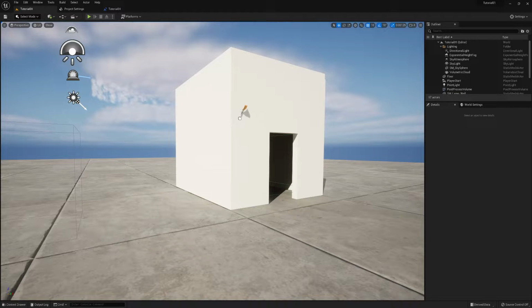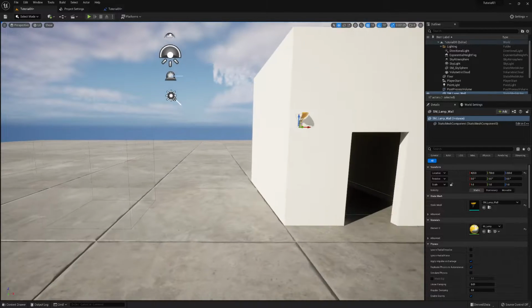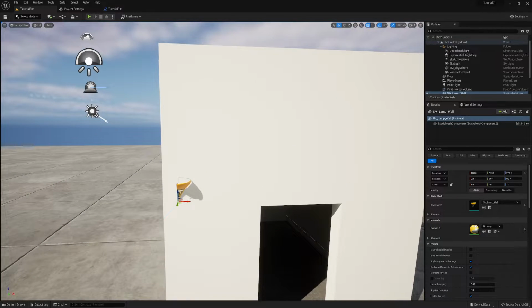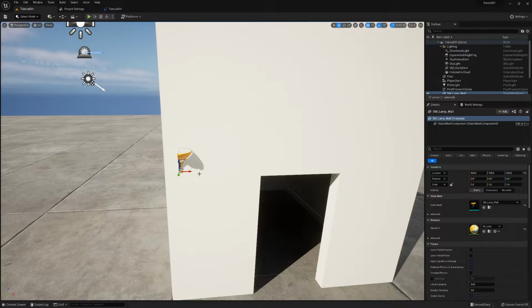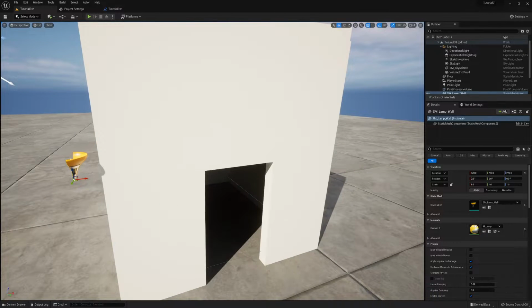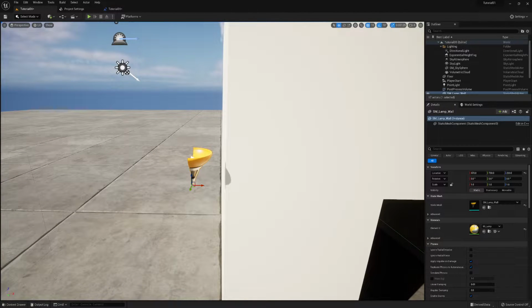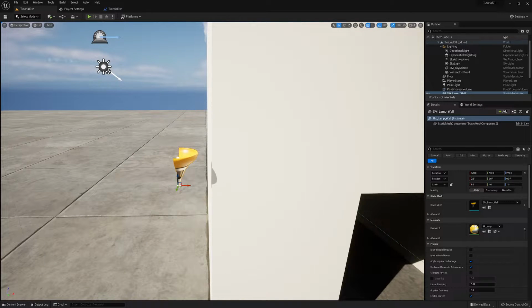Why are you not? Oh, that's interesting. Okay, well, I've placed it in the level. Unreal makes a good guess where you want to put it. It made a bad guess that time. So let's just pop this up here. This is, I guess what you call, actually, what is it called? It's kind of a sconce. They call it a wall lamp. Okay, and if we just have a look at it,